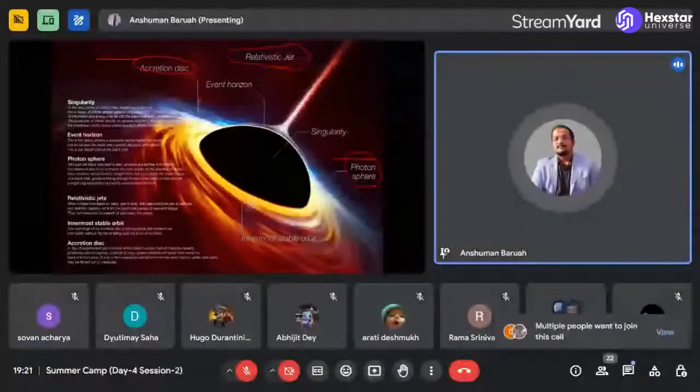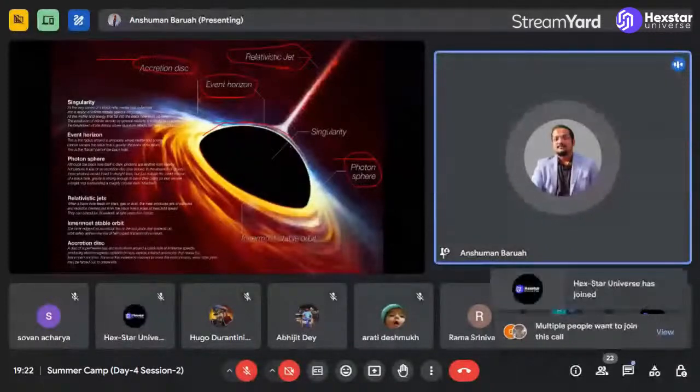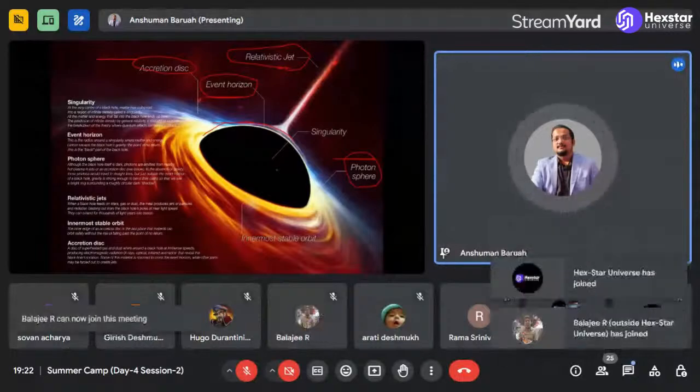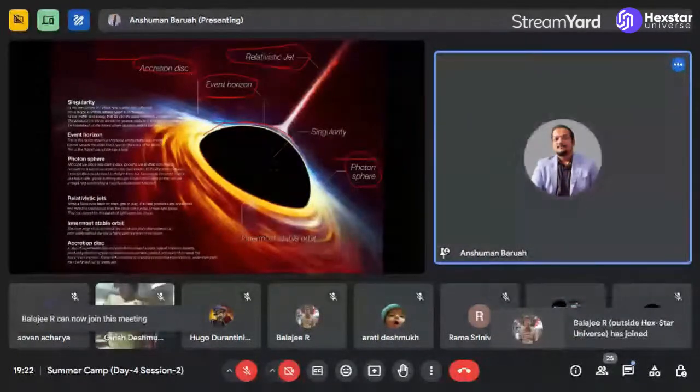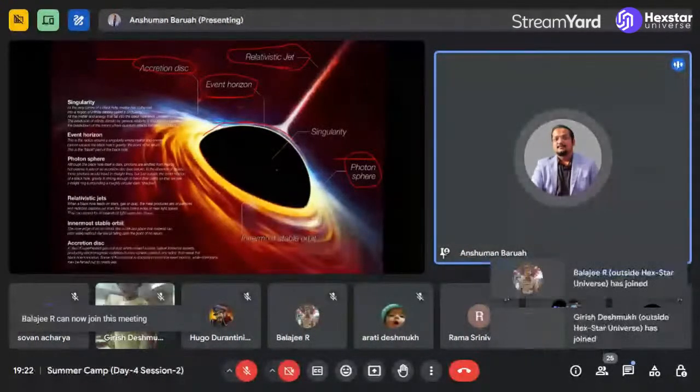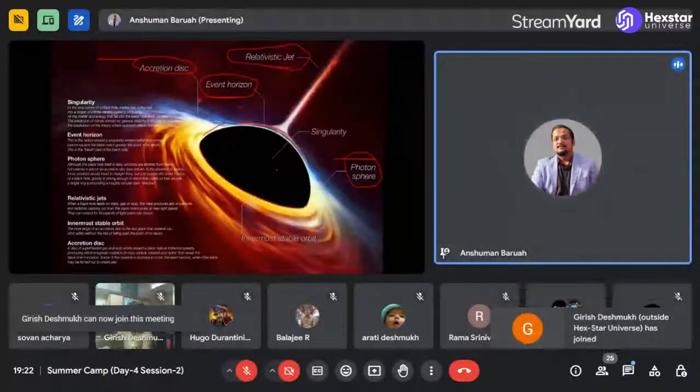And this very, very fine boundary that you see here is the event horizon. We call it the event horizon because, as I have said, we do not know what is happening to events below it, after crossing the event horizon. We have no known method to observe whatever is going on beyond the event horizon. And at the heart of the event horizon lies the singularity of the black hole. That is where all known laws of physics break down, and we are still trying to figure out what happens at the centers of such massive black holes.